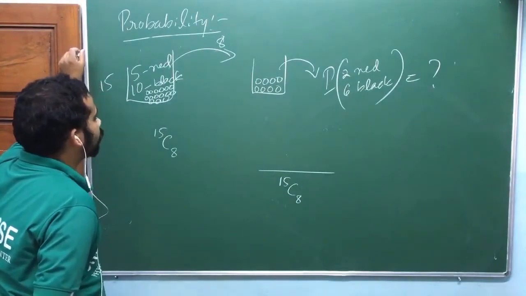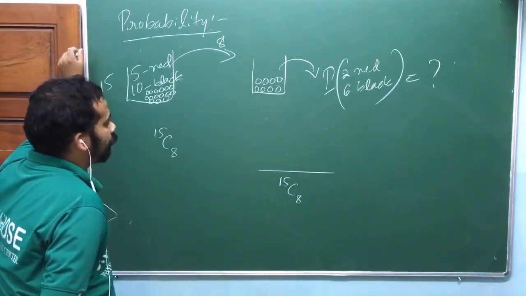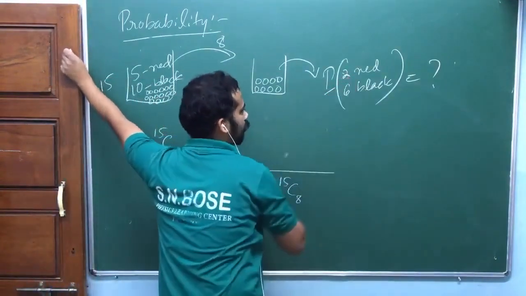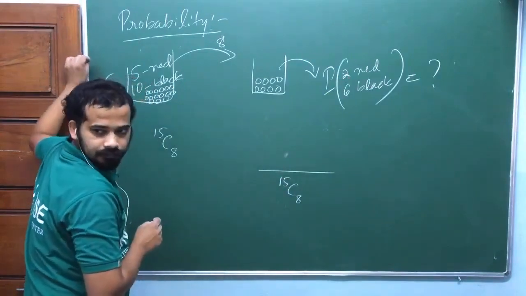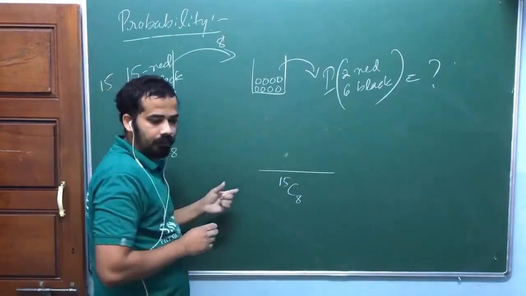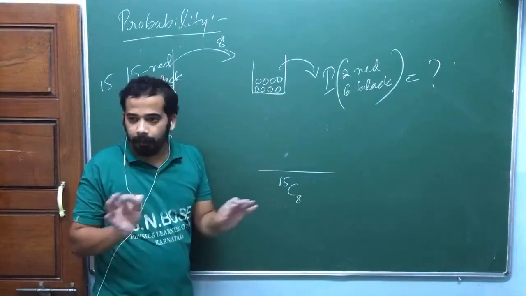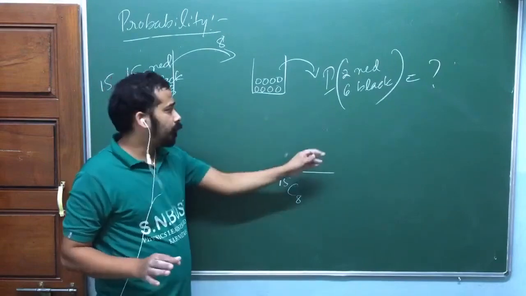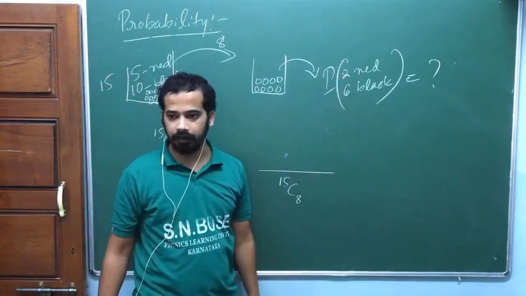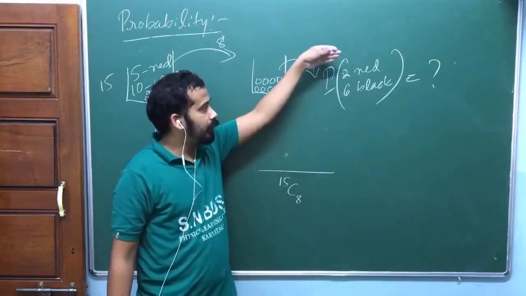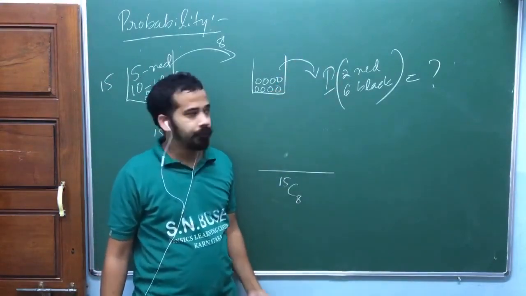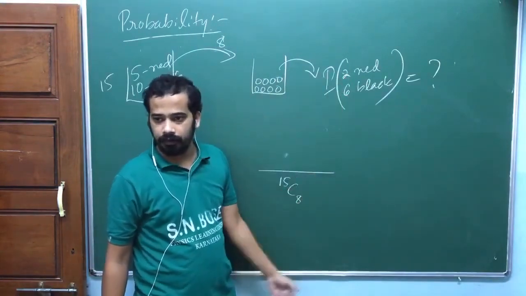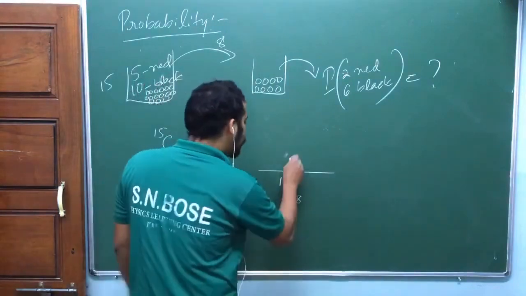No. Look at here. Now, numerator is a principle of counting. What is the number of possible ways of getting 2 red ball? So here we are not taking the ratio of probability. Here we are taking the ratio of 2 numbers. Numerator is the number of ways of getting 2 red ball and 6 black ball. Am I right? So that's a number of ways, one after other, 2 events. You are grabbing 2 again. You are grabbing total 8 balls. Okay, you have 2 events, isn't it? So now look at it. It's a principle of counting here.